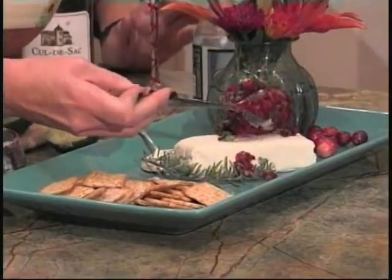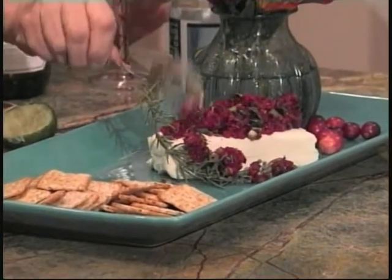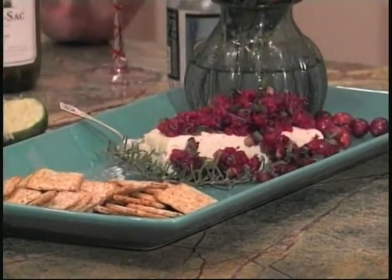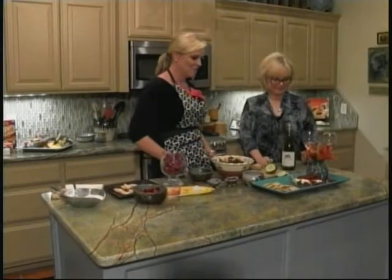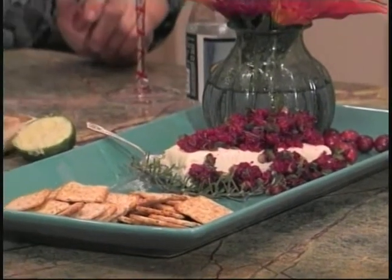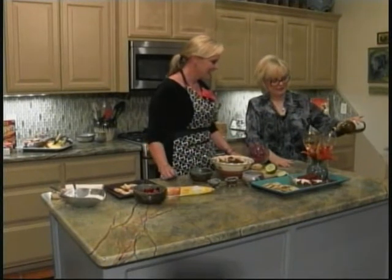Any rhyme or reason? That looks good right there. It always looks kind of fun if you just let it kind of go over the side. Okay. And you have a beautiful appetizer for crackers. Renee, that is gorgeous. Love that. And then another thing to do with the fresh cranberries is I always keep a little club soda on hand, and you can make a fun